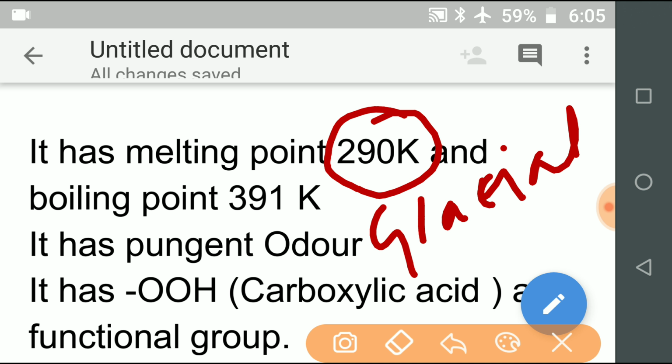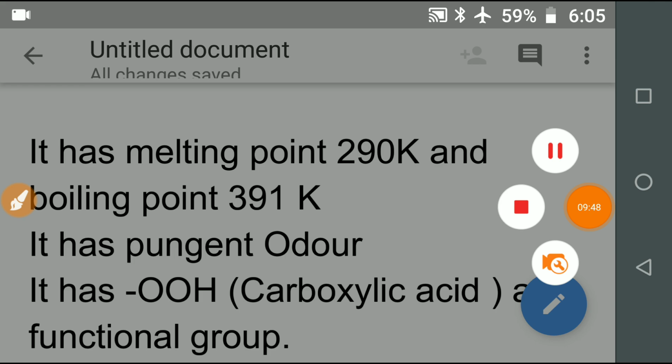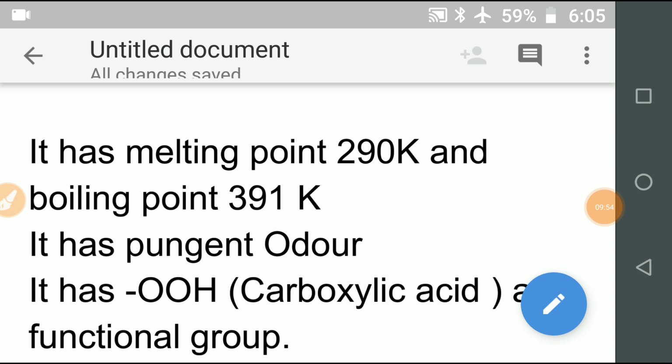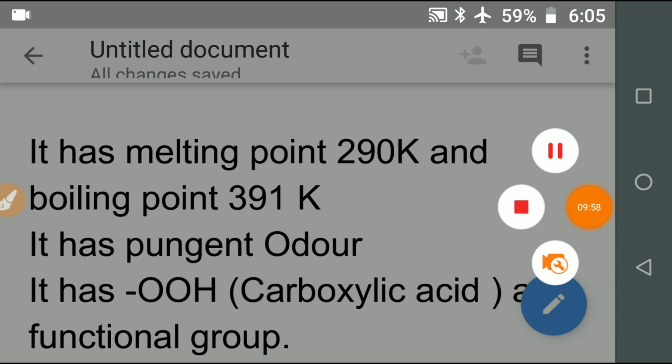So these are some important points regarding ethanol and also ethanoic acid. I think this concept will be clear, that is, the difference between ethanol and ethanoic acid. Now, the next point is